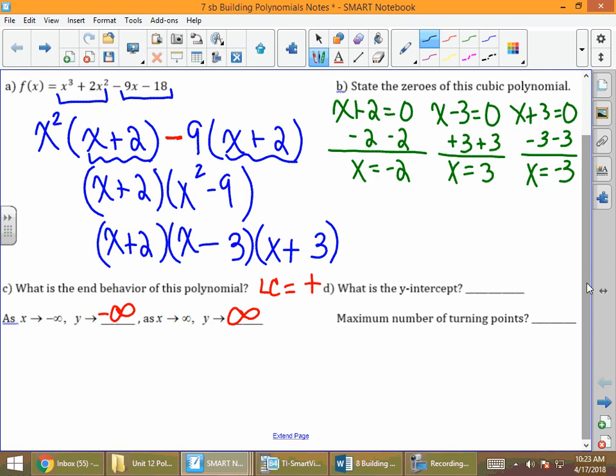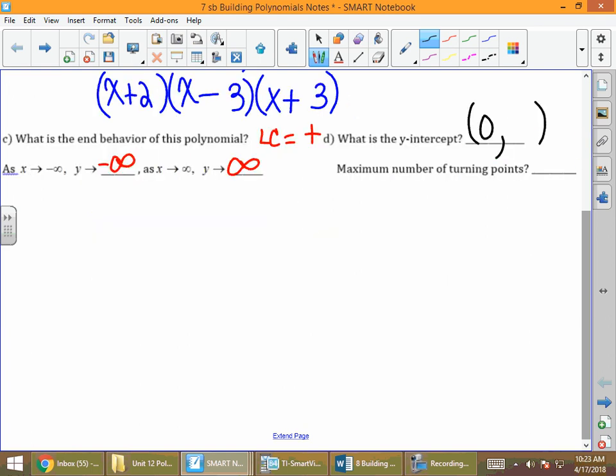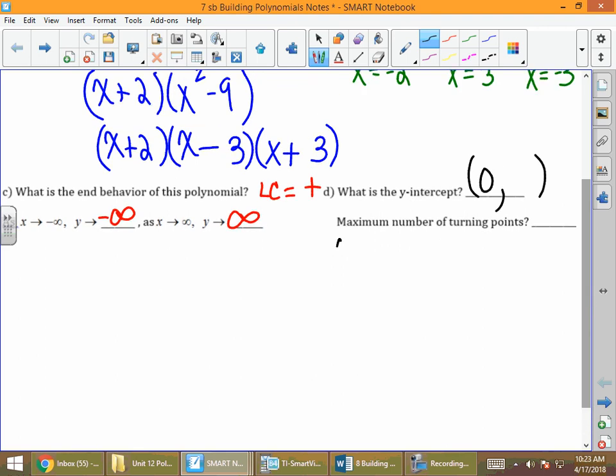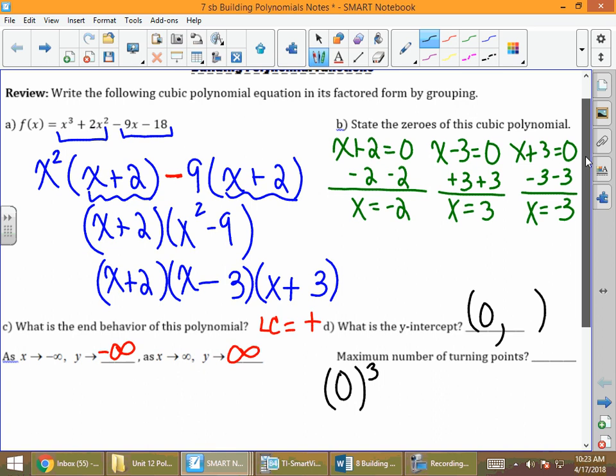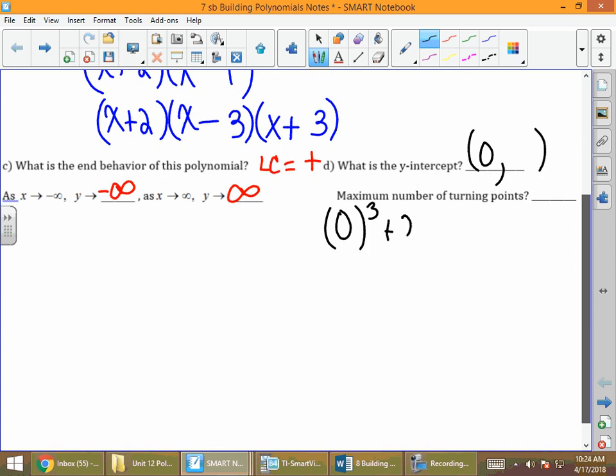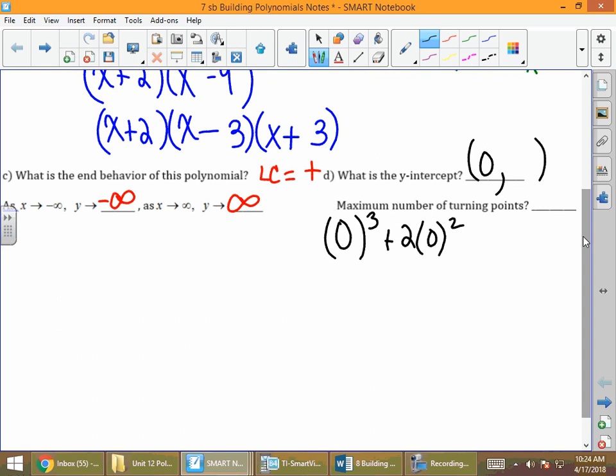Finally, as we look at this problem, again, here is something else that we haven't talked about for quite a while, but the question is, what is the y-intercept? And the thing is, an ordered pair of a y-intercept is 0 something, and that 0 is an x value. So what we can do is we can go back into our function, and we can say, well, 0 cubed plus 2 times 0 squared minus 9 times 0